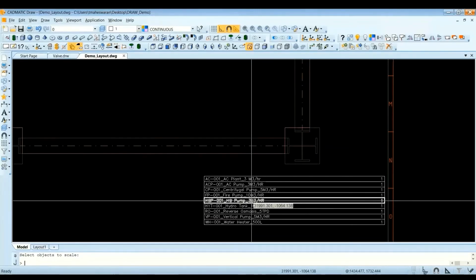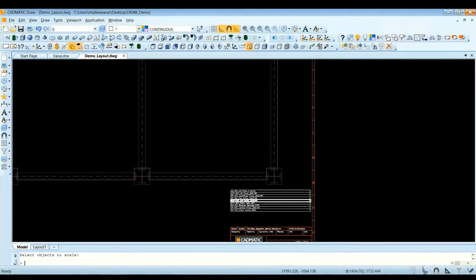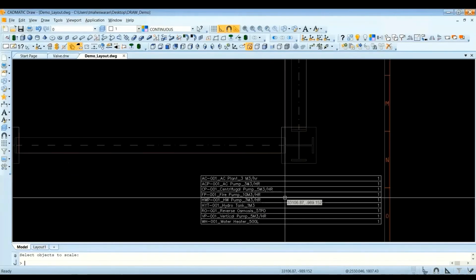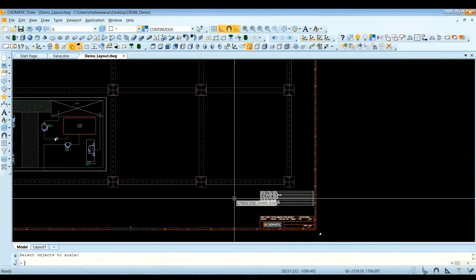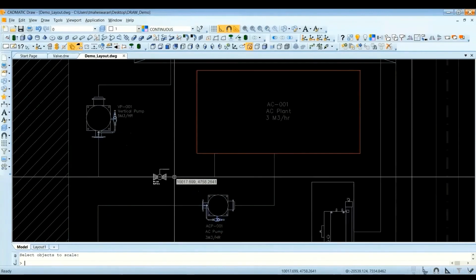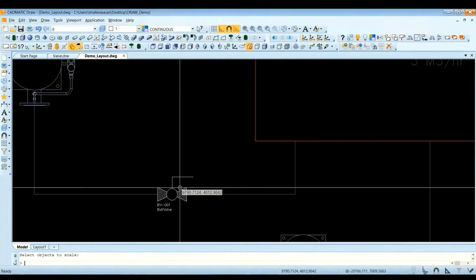I hope it is possible to configure that bill of material format. So maybe later, during the detailed training of Cadmatic Draw, we will see how to configure this bill of material in Cadmatic Draw.